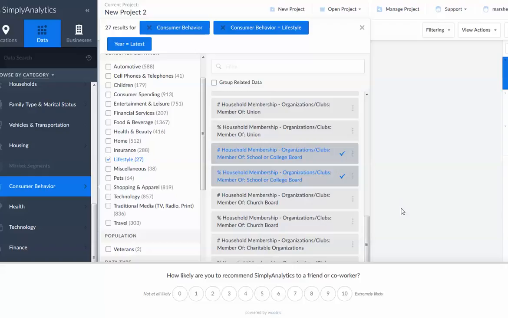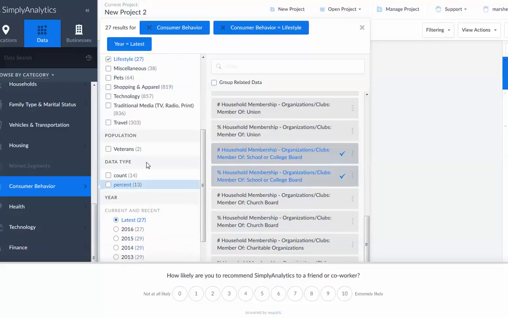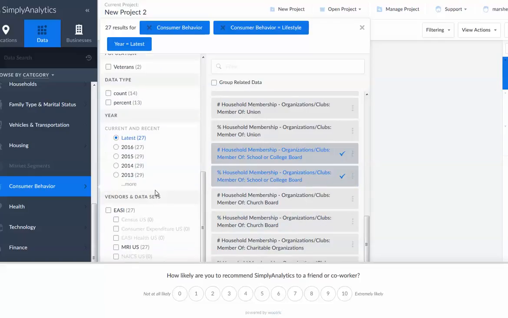If I'm looking at some sort of educational opportunity for children, I might want to know how many people here are a member of a school or a college board, because they are, again, more likely to value education. And so you can see we've got travel,